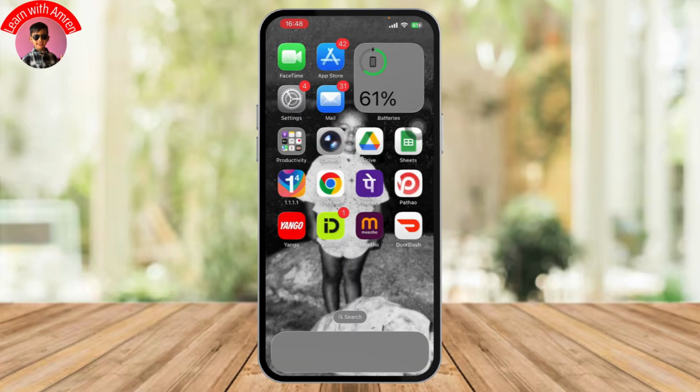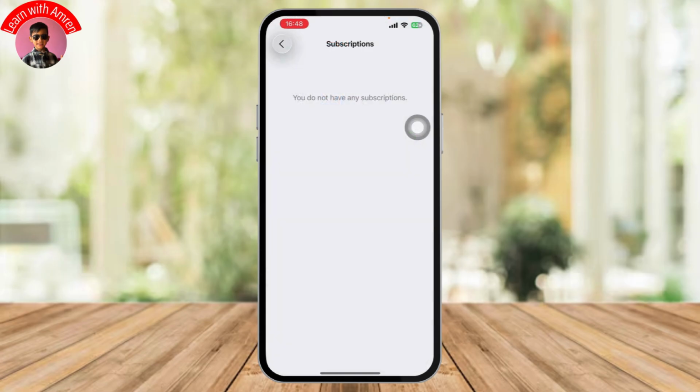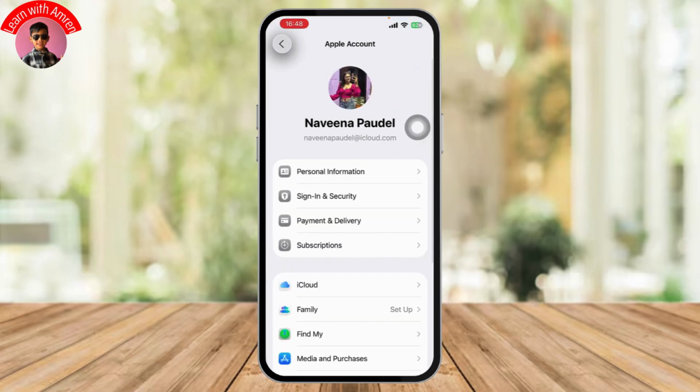Even after canceling your app subscriptions, there's one critical reason why you might still be unable to remove your payment method. It's none other than your iCloud storage plan. If you're paying for additional iCloud storage, Apple won't let you remove your payment method until you downgrade to the free 5 GB plan. So open up your settings, go with your Apple ID, which will be on the top,